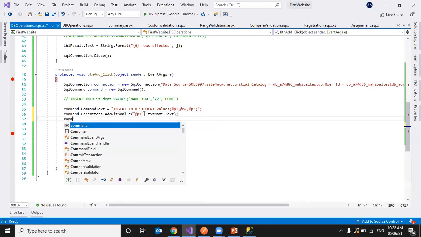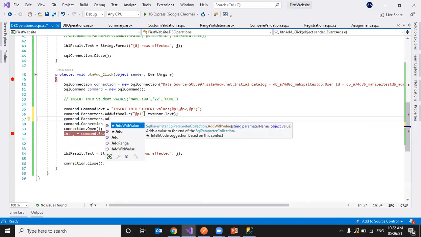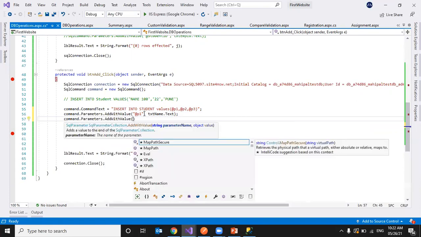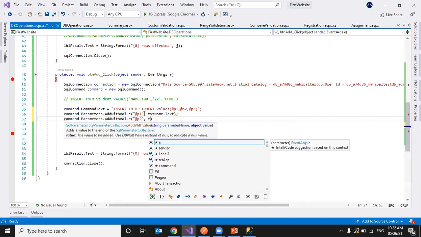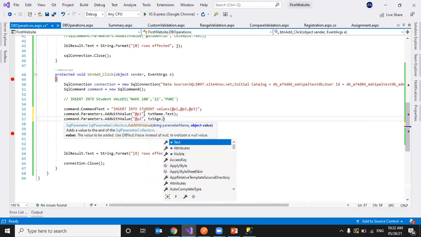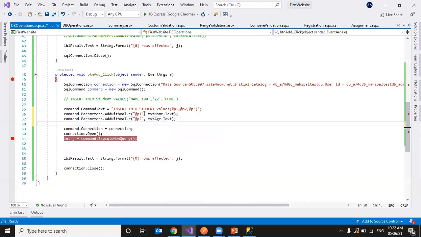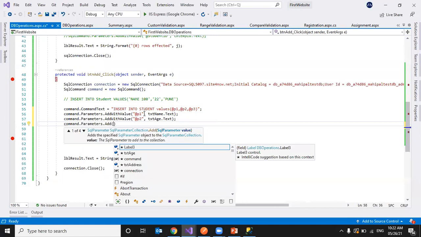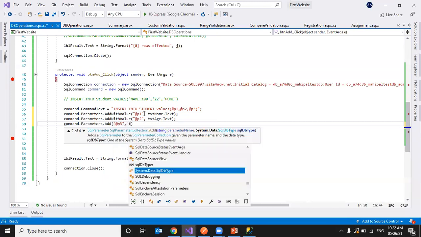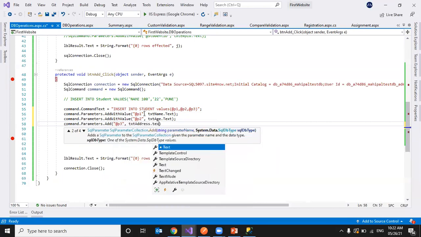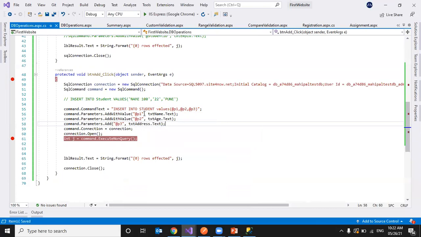Next parameter is command dot parameters dot add with value, at P2, next is age. Next command dot parameters dot add with value, at P3, comma, txt address dot text. Now we were able to add the parameters to the command object.